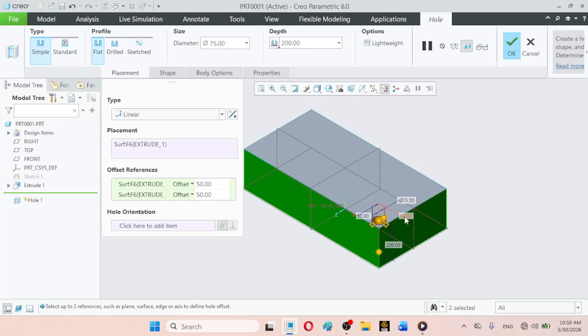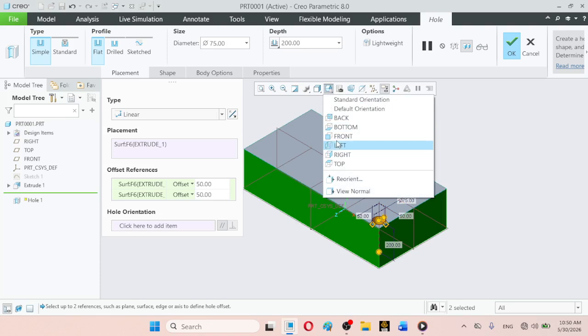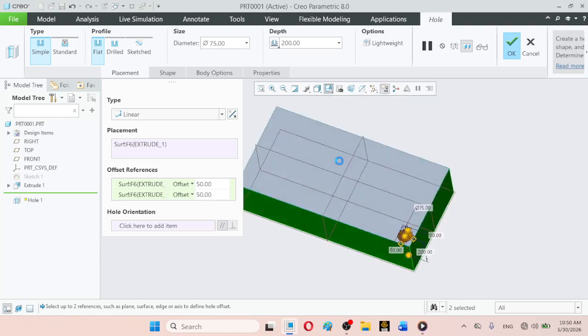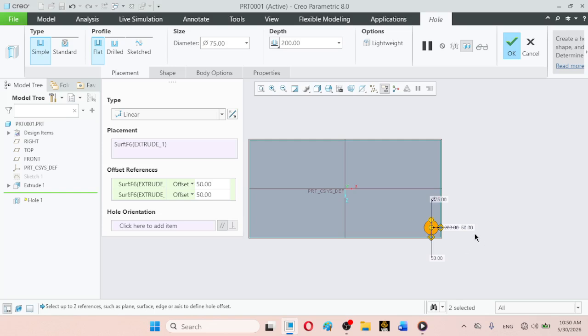Here in the top view you will observe it truly. This is the diameter, and this 200 was the depth. This 50 is the dimension.